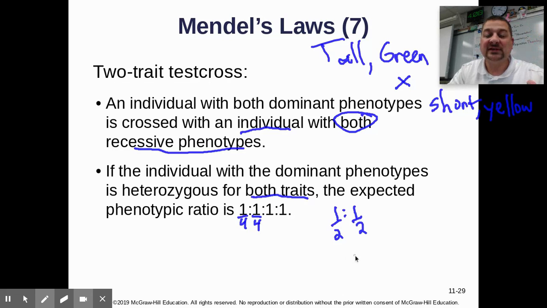And so by doing these test crosses, again, we can figure out, by what we're crossing and our results, the offspring, we can know the genetic makeup of our